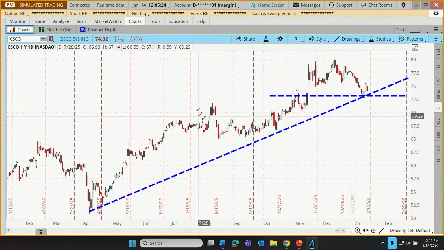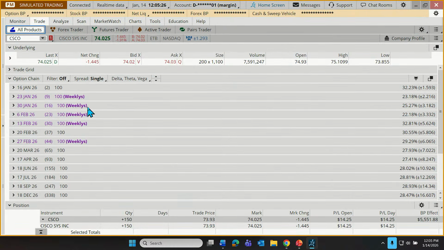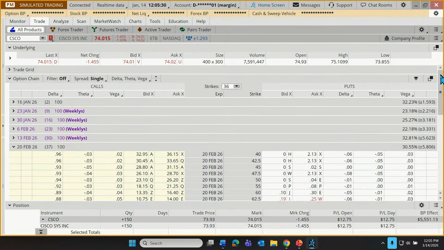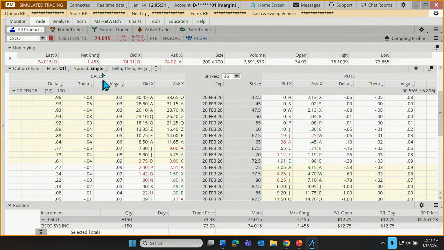All right. So here's going to be our trade. Let's go to our trade tab. Let's go out here to the 20th of February expiration. I'm going to stay on the call side of the equation. So let's stick with the calls. And how about we buy a $70 call and sell a $72.5 call, thereby creating what's known as a bull call spread, where the trader is really just looking for the stock to stay above the spread, in this case above 72.5, as we move toward expiration. So that's going to be our trade.